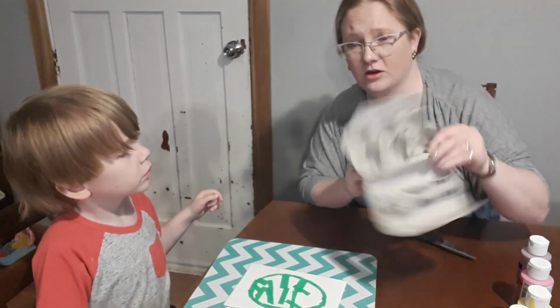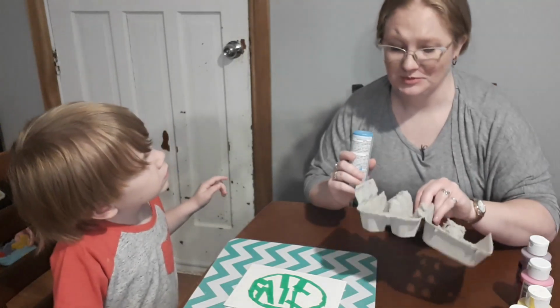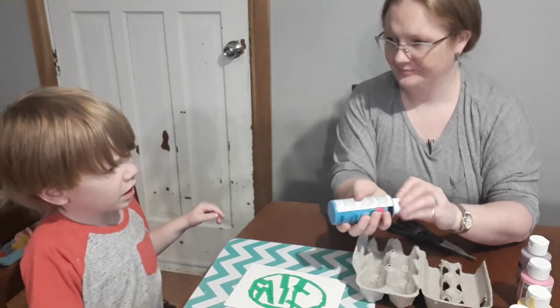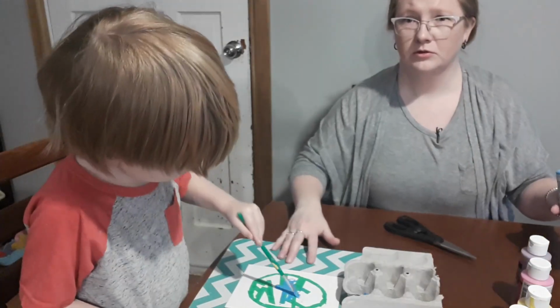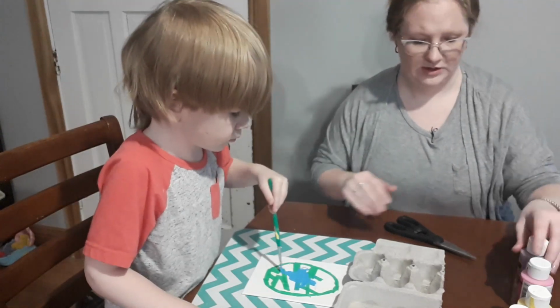I also grabbed an egg carton because we like to put our paint in the egg cartons and recycle them or reuse them this way. Right, bud? Yeah, okay. Move it over a little bit. And then I've got some